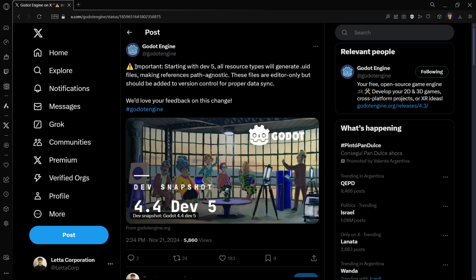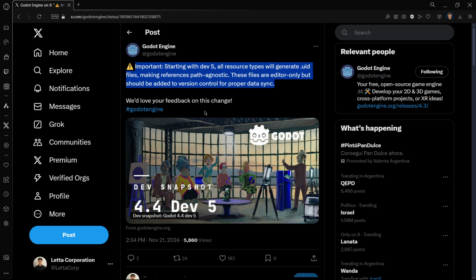And for example, here we have something that we should be taking into account, and that basically all the resources, I believe that here it refers to, for example, collision shapes, sprite frames that you create inside of animated sprites, literally a lot of things that you create inside of Godot. We are going to be seeing this in a second. Now we'll generate a .uid file,